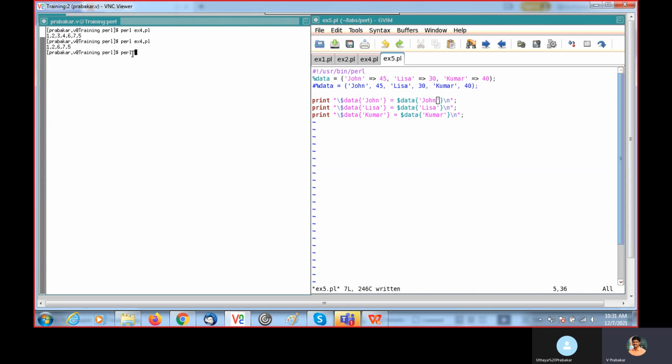Example 5, we are getting the value corresponding to John 45, 30, 40. So this is the way you can use the hashes. The remaining we will discuss later.